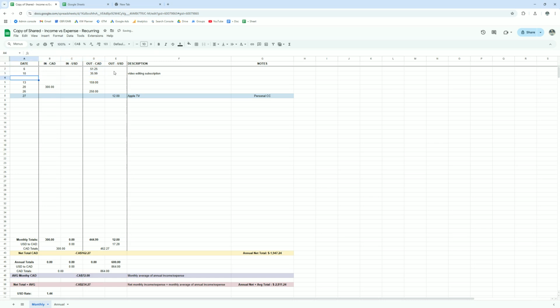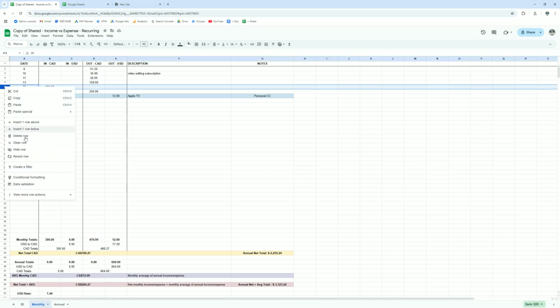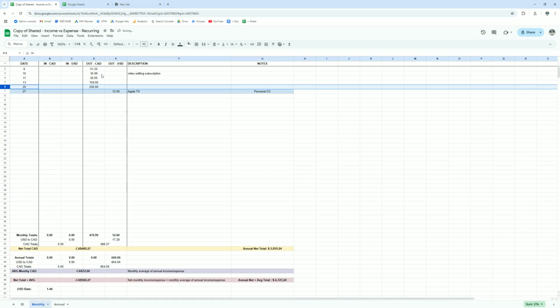$51.25, and let's say here we had something going out on the 11th of $26. So you can see it adds up pretty quick when you've got just a handful of subscriptions, right? Especially if you're not taking into consideration income. If all you have is expenses and you don't have recurring revenue, it's going to add up quick. And if you're looking here, we've got 1, 2, 3, 4, 5, 6 expenses, which is basically totaling $6,000